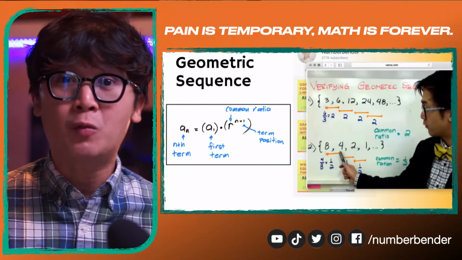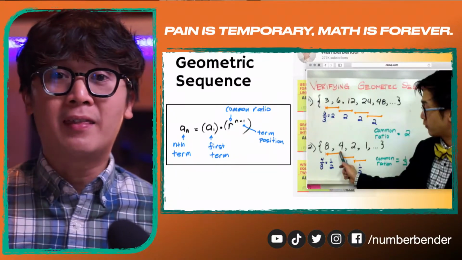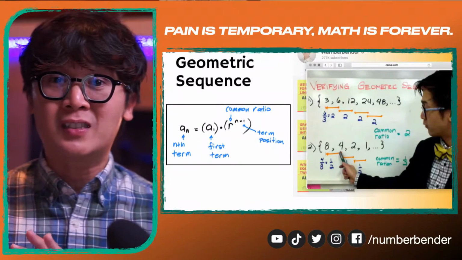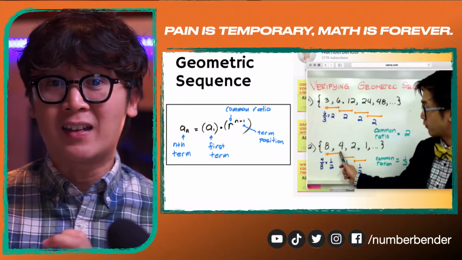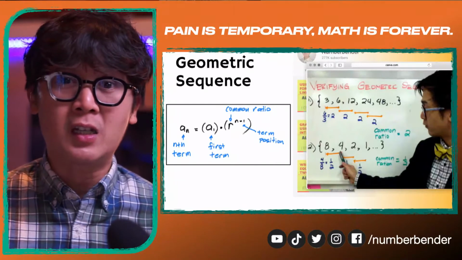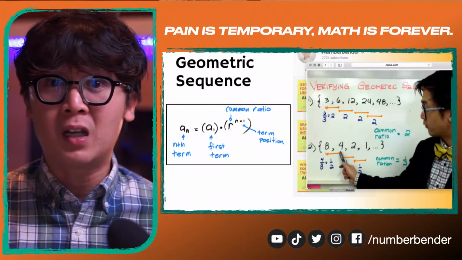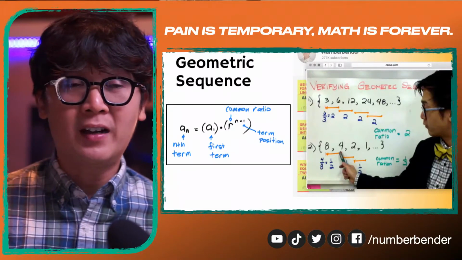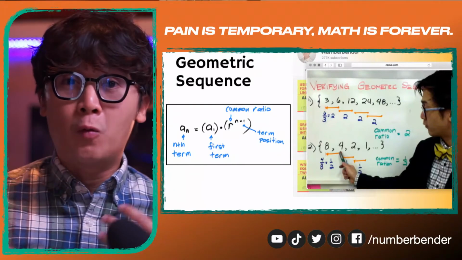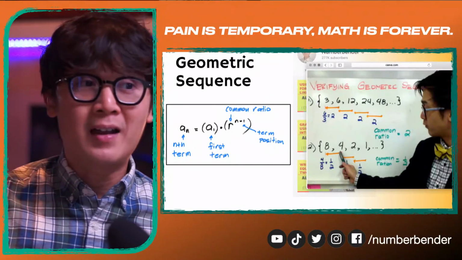If we have an arithmetic sequence, we also have a geometric sequence, and that is the second formula or pattern in sequences and series. The difference between arithmetic and geometric is that in this case, we're working with multiplication as the operation as opposed to addition. Instead of the common difference, we're looking for the common ratio. The general formula for a geometric sequence is a sub n is equal to a sub 1 times r to the n minus 1, which is what we use to differentiate a geometric sequence from an arithmetic sequence.